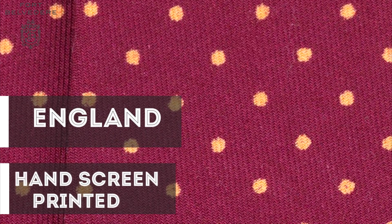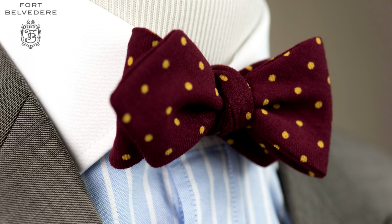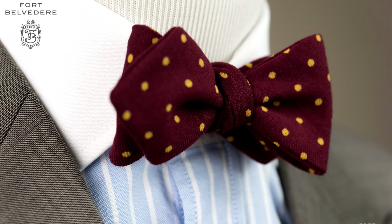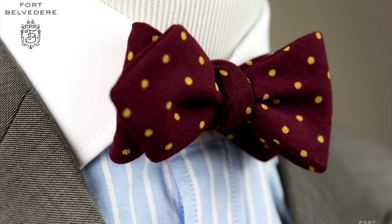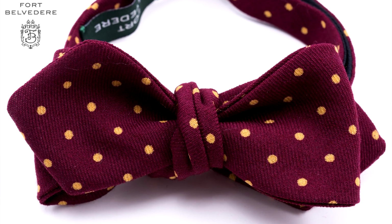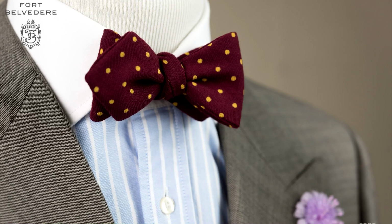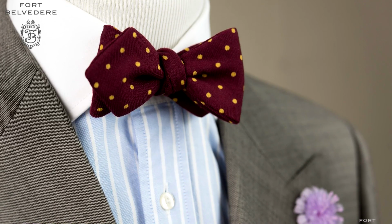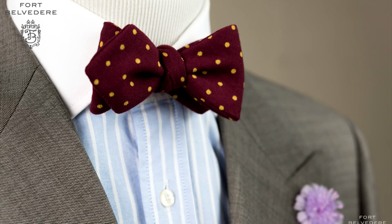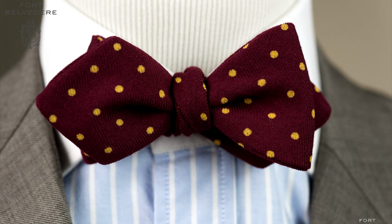It is hand screen printed, and unlike silk, it is very springy and it's a little rougher when you touch it. At the same time, it provides these soft colors that make shalee so unique. This material is favored by gentlemen who like an old world charm and prefer a sport coat over a regular